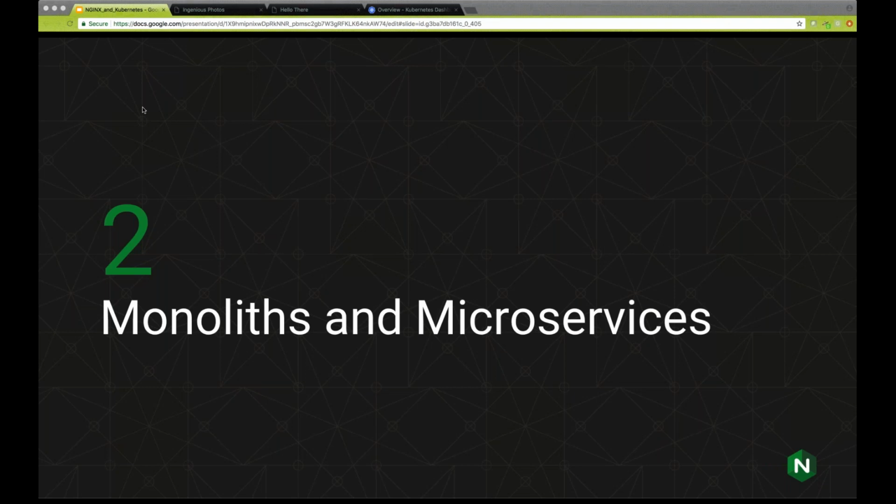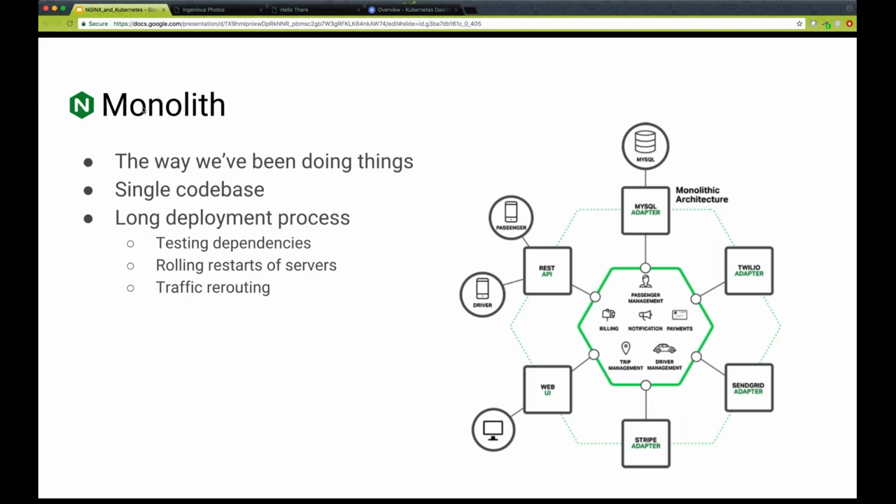So to begin, let's talk about monoliths and microservices. Over the last 20, 25, 30 years, we've been building applications in a monolithic way. My career before I joined NGINX was to build large-scale J2EE e-commerce applications, which look a lot like this diagram that you see on the screen now. The basic idea is that this large monolithic application is a single code base that could encompass hundreds of thousands, if not millions of lines of code